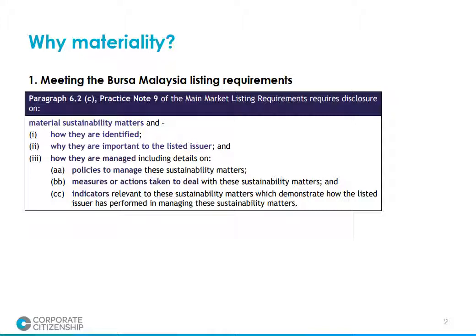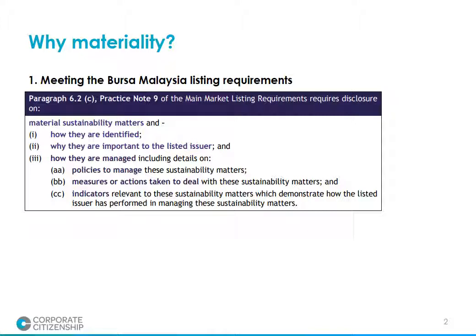Under Bursa Malaysia's requirements today, all listed companies must include in its annual report a statement of the management of its material, economic, environment, and social risks and opportunities. So you can see here in Practice Note 9, companies should mention a few things. Firstly, how these issues are identified, why they are important to the listed issuer or the company, and how these issues are being managed. And under these, the company should talk about the policies in managing these matters, measures taken or actions, and indicators that demonstrate progress in how these issues are performing, how the company is managing some of